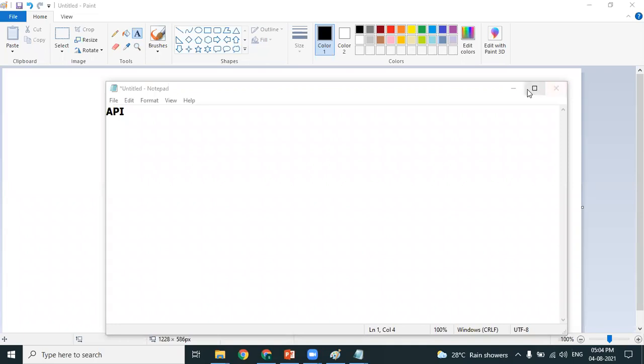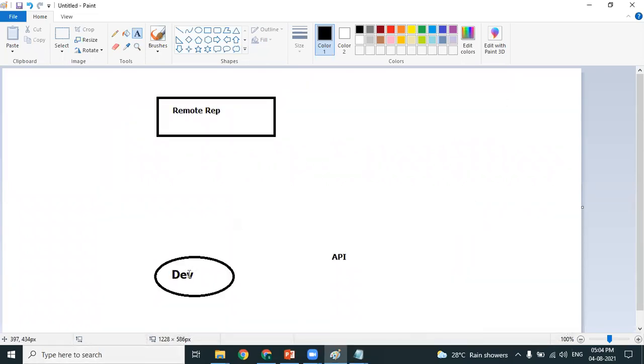Now, the point I want to tell you is that developers, as part of the development activity, develop the source code. No doubt, they develop the source code. Along with the source code, they also use some APIs provided by third-party companies, and then they complete the development activity and upload the code into the remote repository. The code created by the developer gets uploaded into the remote repository, as well as the API code. No doubt, because the developer is calling the APIs, the API code also gets uploaded into the remote repository.